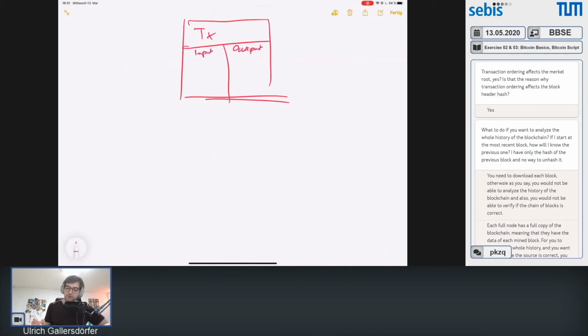So as I said before, these are the inputs, where the money comes from, and outputs is where the money is going. And I also said in Coinbase that we do not have an input, because it's the mining reward plus transaction fees. So this is empty. Empty means it can be empty, but it does not have to. And the good thing is, for this transaction where the input is empty or can be empty, the Coinbase transaction,